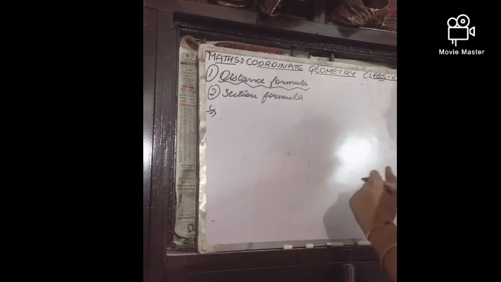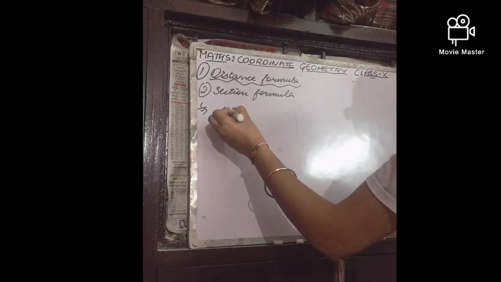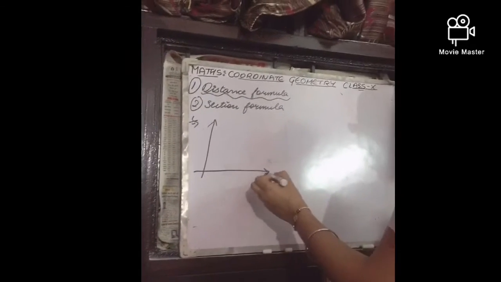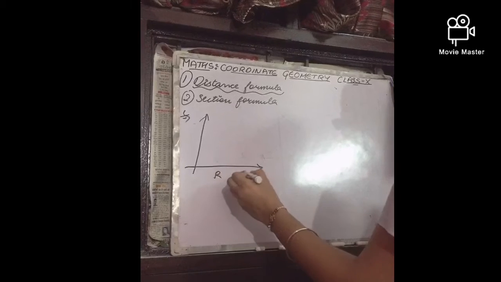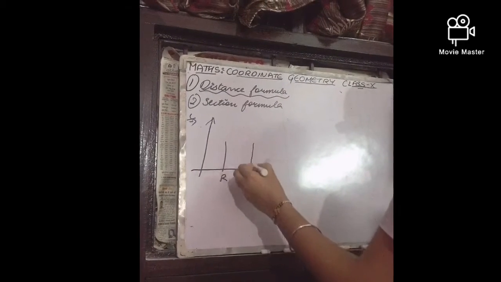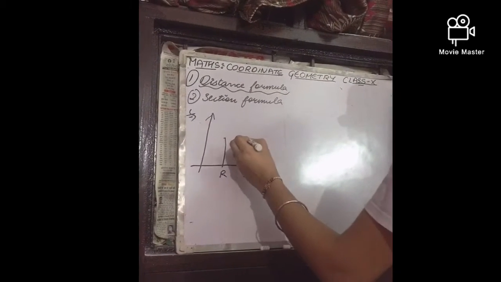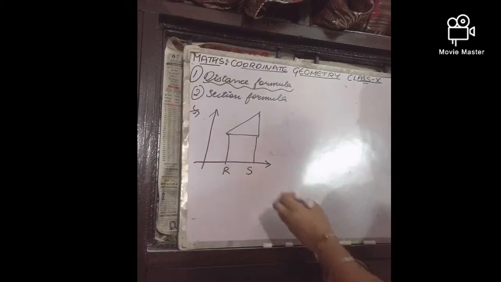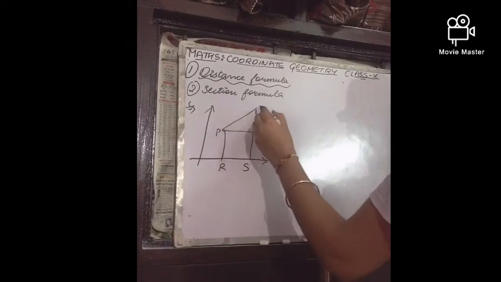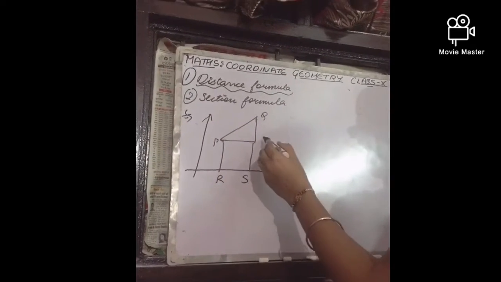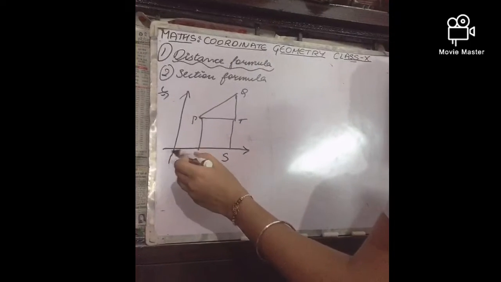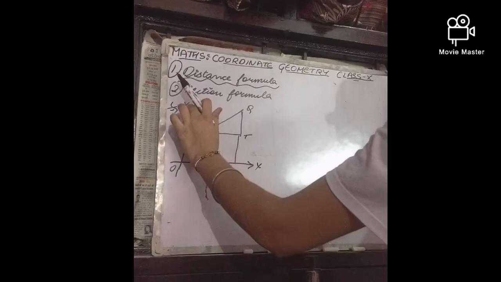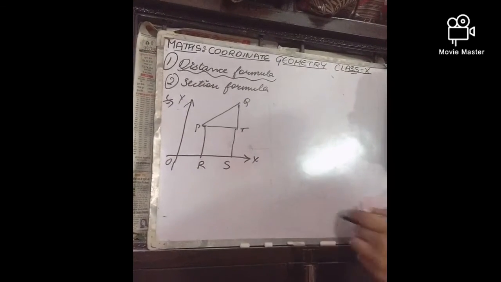So for that, first of all, I am going to make a diagram over here to explain it. This diagram is not needed in your paper. To explain the derivation, or how this formula is derived, or what the formula is based on, I am making this diagram. So no need to draw it in your paper, and your ma'ams have also told you not to draw it. Okay, so this is the diagram.